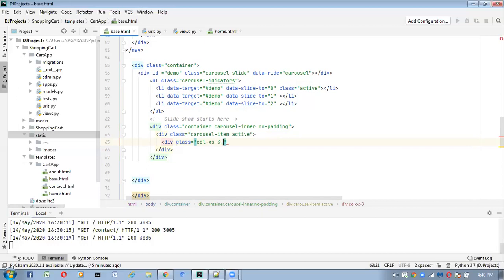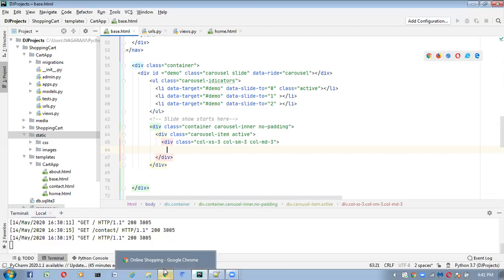Next one is col-sm-3. Next col-md-3. These are the column classes and these classes will represent the columns. And right now inside this I'm going to take one card.